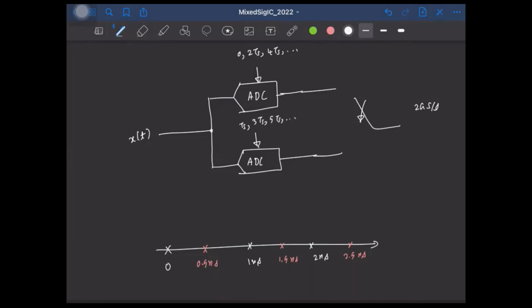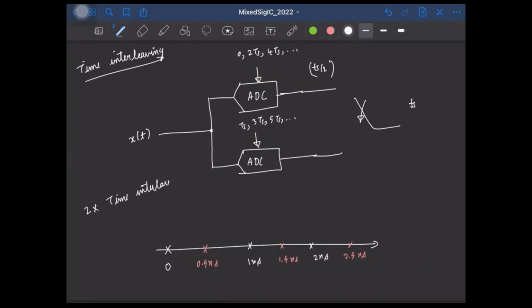So by combining these two outputs, we can overall get an ADC sampling at Fs, although the individual ADCs are operating at a rate of Fs by 2. Okay, and this technique is called time interleaving. Because you essentially are interleaving these two ADCs, right, and taking the output from the two of them, right? And here we have a 2x time interleaving,